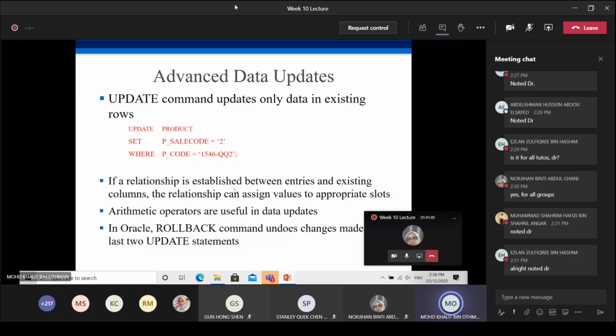This is how we can use update command, to update your table or your data in the table. Okay,